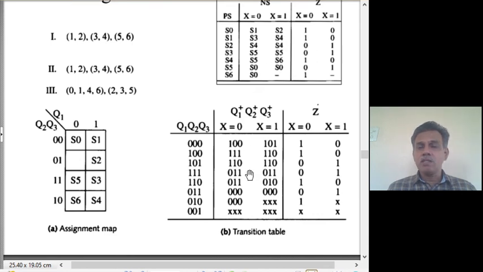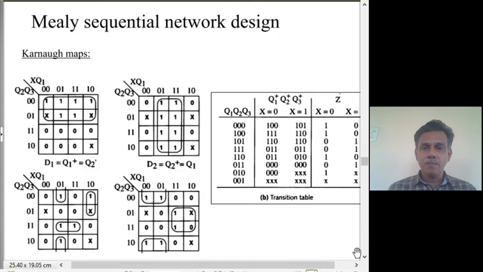This state table is one step closer to the design, because now everything is in terms of bits. Now, what do we do? There are 4 inputs to the combinational circuit: Q1, Q2, Q3, X. 4 outputs: Q1 plus, Q2 plus, Q3 plus, Z. Now you can come up with a big truth table with 4 inputs and 4 outputs and treat the 4 outputs as 4 Boolean functions and use K-map to reduce it. Or you can use this layout also to fill that K-map. We have done that here.